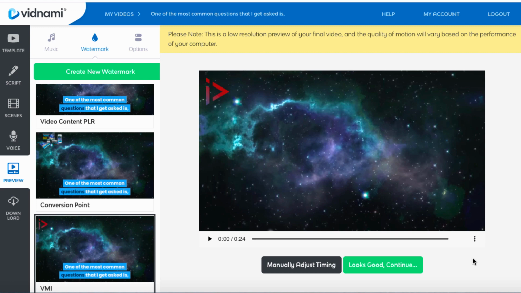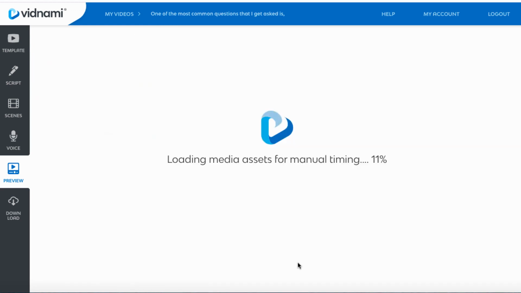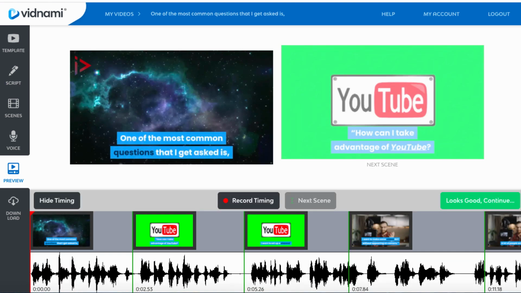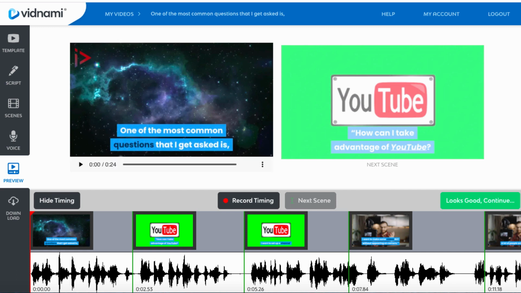So we've got that. So now we've got two things we need to do. We can either download our video as is, or we can adjust the timing. I would always advocate clicking on manually adjust timing. This is because as good as Vidnami is with syncing, it's not always perfect. Sometimes you may find it switches slides before you finish speaking, and you want to make sure that everything is